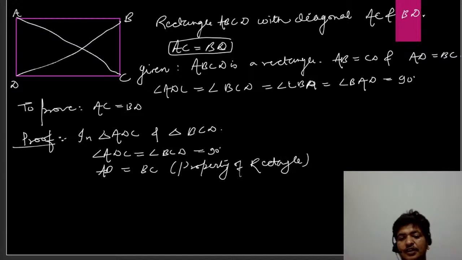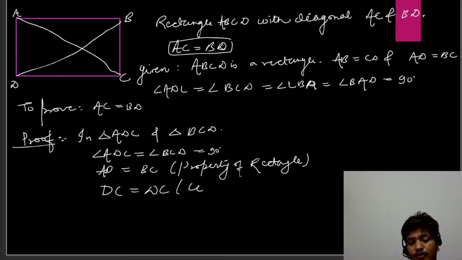Property of rectangle से AD और BC equal होगा. Third one, what we can say, AD and BC are equal. Third one, that is DC. DC is equal to DC, which is common one. Okay, DC and DC is equal, which is common one, which states that triangle ADC is congruent to triangle